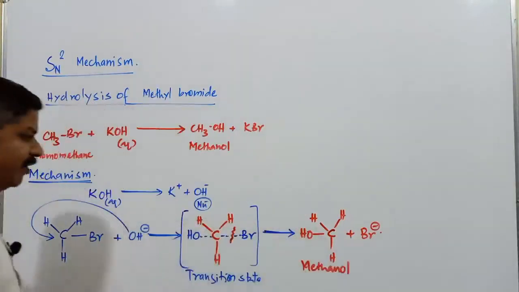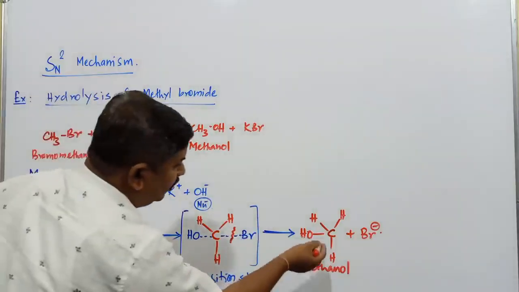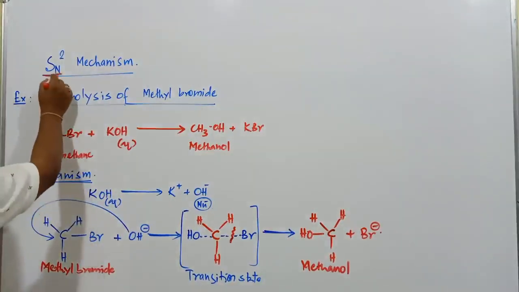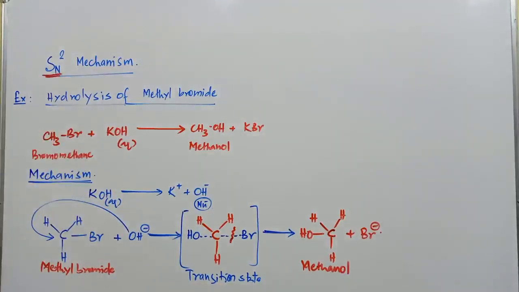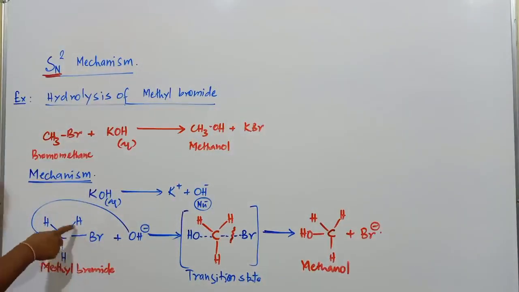Now the conversion of methyl bromide or bromomethane, both are the same, into methyl alcohol or methanol takes place with what mechanism? SN2 mechanism. This conversion commonly proceeds via the SN2 mechanism. So what is the configuration with respect to this? Here, if you remember the SN1 mechanism, in the case of SN1 the incoming nucleophile attacks from both sides, from the same side as well as from the opposite side.